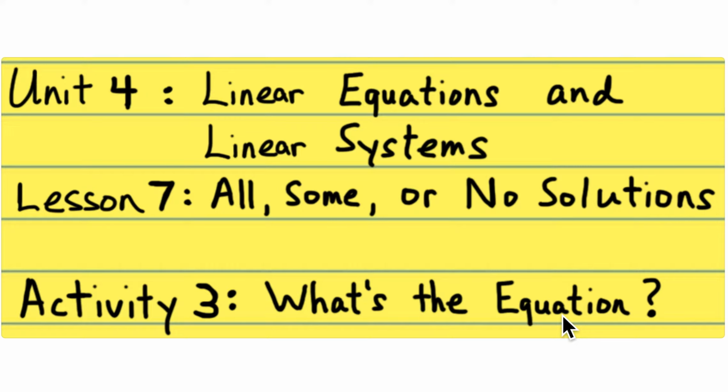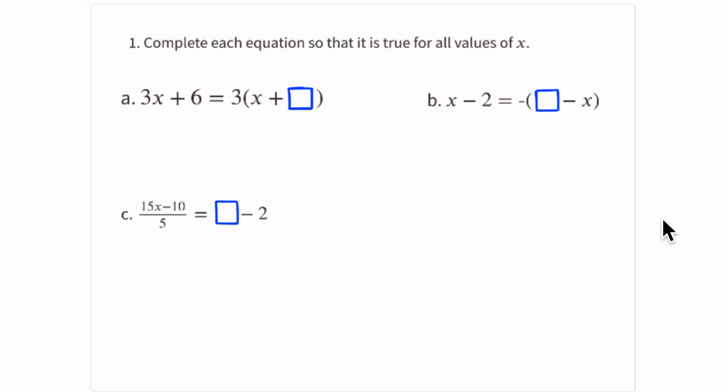This is activity 3. What's the equation for lesson 7? All, some, or no solutions. And in this activity, you're given 3 equations, and you're asked to complete the right side of the equation, the expression on the right side, so that it either equals the expression on the left side, so that all values